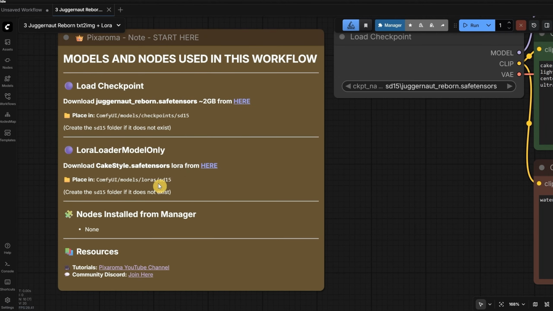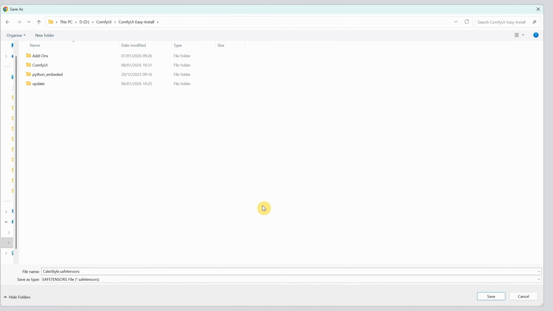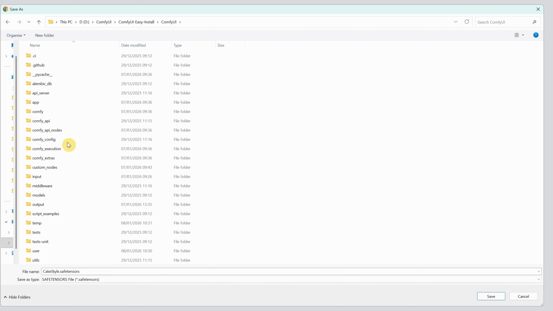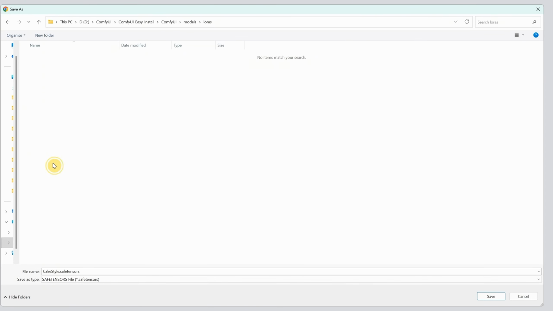So we need to download this LoRA and place it inside the LoRAs folder. Click where it says Here. Then we need to place that file in the LoRAs folder. Go to your ComfyUI folder, open the Models folder, and then find the LoRAs folder. If we place it directly here, it will work perfectly. But this time, I want to keep things organized. I want to create a folder that tells me which base model this LoRA is compatible with, so I will